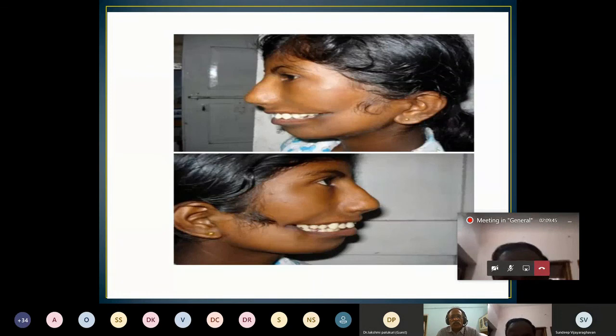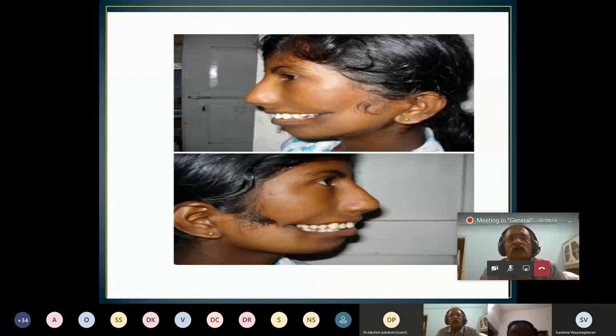You've done a jaw surgery, you aligned the foundation, you've done everything. Now there is still some amount of lacunae in her appearance. Go in for a fat graft. Yes. See your angular cleft, which is extending till the ear. You are not going to repair that area, are you? You will be repairing only the angle of the mouth. But the soft tissue deficit is still there. I'll go for fat grafting.